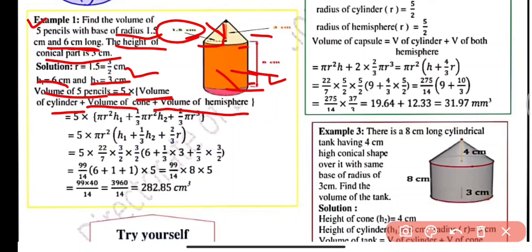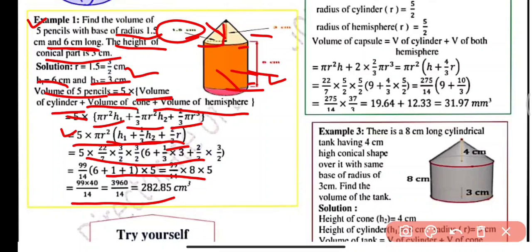So here we can see 5 into volume of cylindrical part, that is pi r square h, and volume of cone, that is 1/3 pi r square h2, and volume of hemisphere will be 2/3 pi r cube. Put all the values here, and you can take pi r square as common. So 5 into pi r square into h1 plus 1/3 h2, and here it is 2/3 r. Put all the values here, and after simplifying we will get